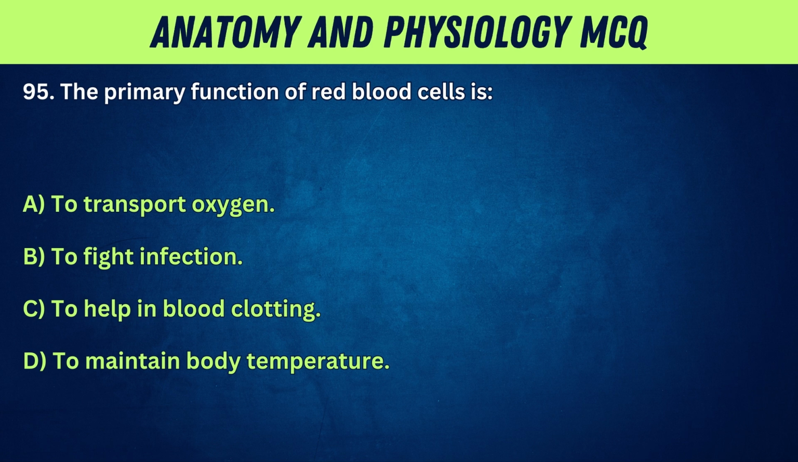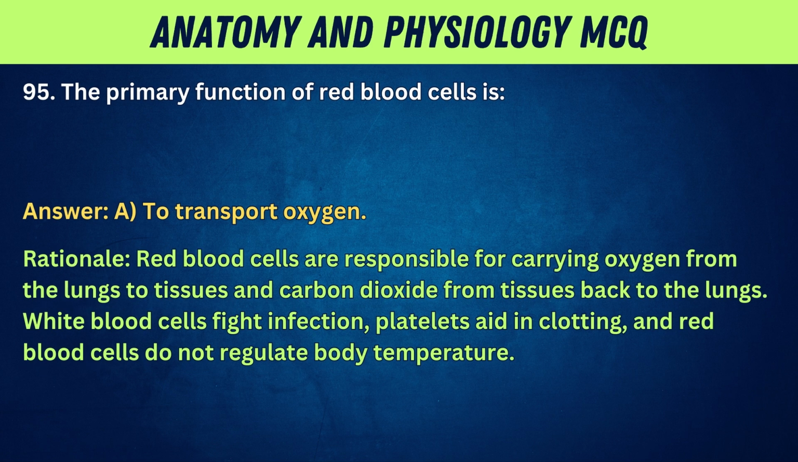A. To transport oxygen. B. To fight infection. C. To help in blood clotting. D. To maintain body temperature. Answer: A. To transport oxygen. Rationale: red blood cells are responsible for carrying oxygen from the lungs to tissues and carbon dioxide from tissues back to the lungs. White blood cells fight infection, platelets aid in clotting, and red blood cells do not regulate body